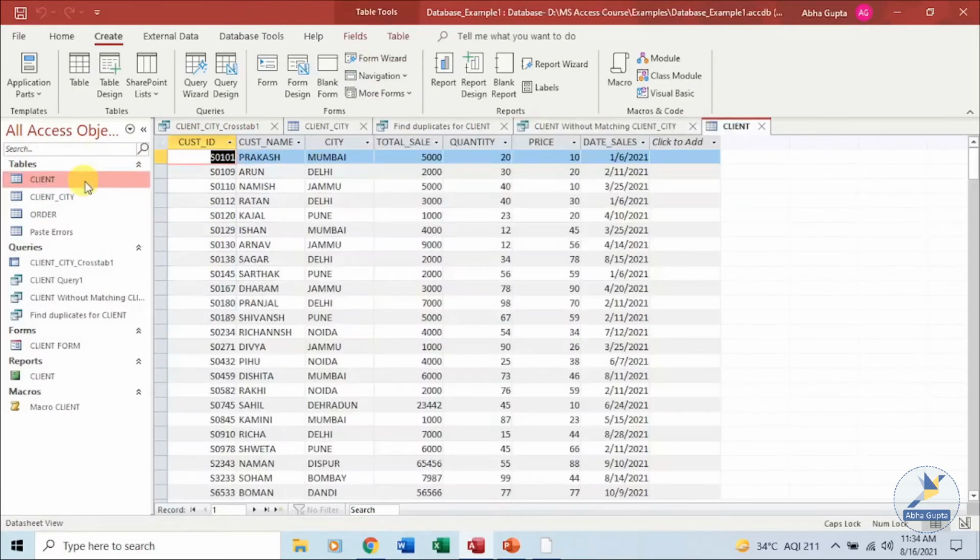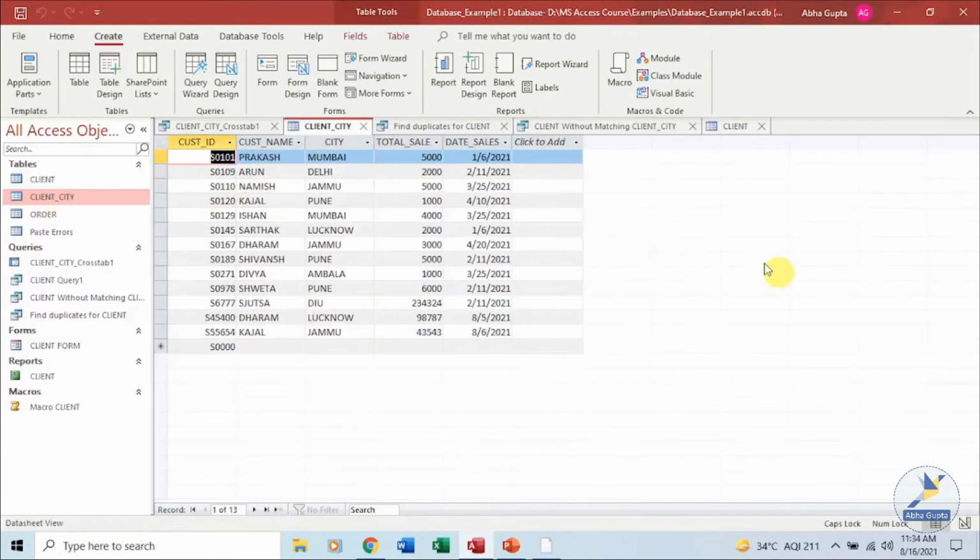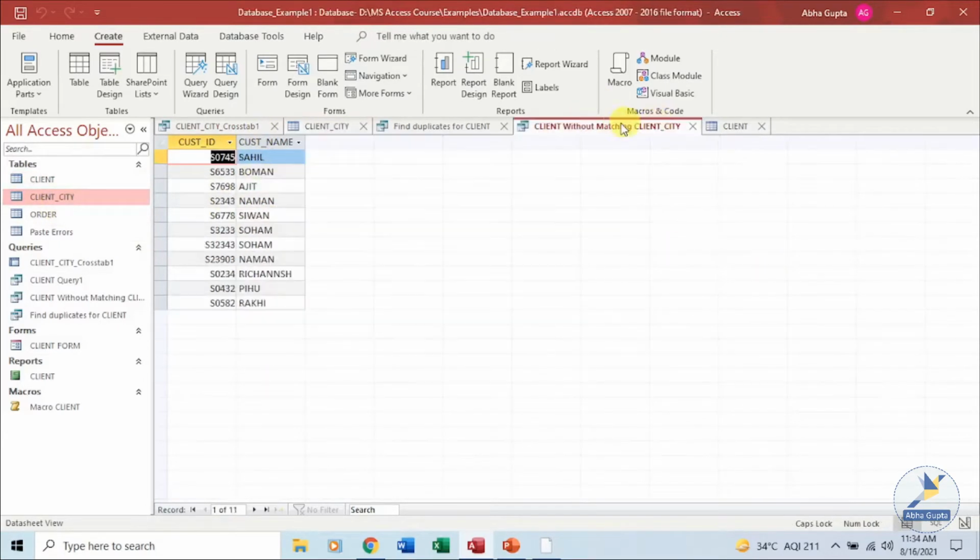If you want, you can always open and check from these two tables. So we have seen in the query, using the query wizard, there are four types of queries which we can create. Simple query, cross tab query, find duplicates, and find unmatched query wizard. So these are the four things. Now these queries which we have created can be opened in the design view and changes can be made there, or you can create a query from scratch from the very beginning in the design view also.